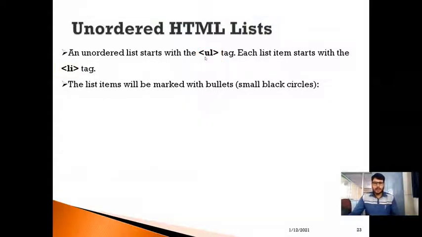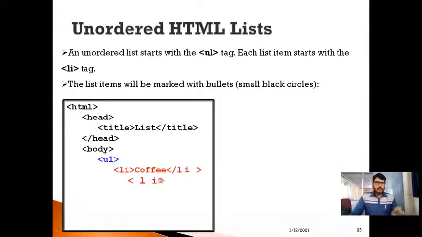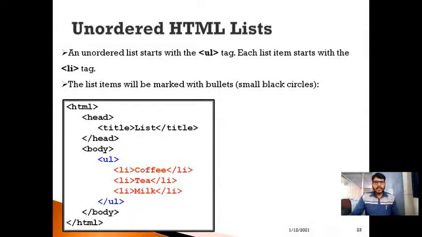So let us have a look at one sample example here. I'm going to implement one sample code, so that you can understand how we can provide an unordered list. You can observe in the HTML code, in the body section, I have included the UL tag. As I already said, UL stands for unordered list. Here I'm going to generate an unordered list, so for that I'm going to use the UL tag. And how to specify the list items? We need to specify the list items by using the Li tag.